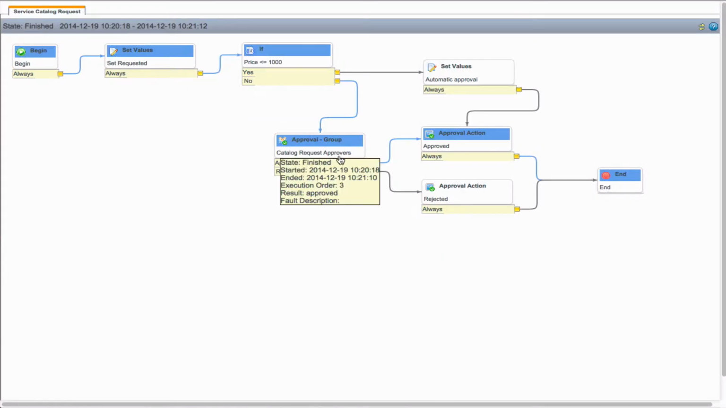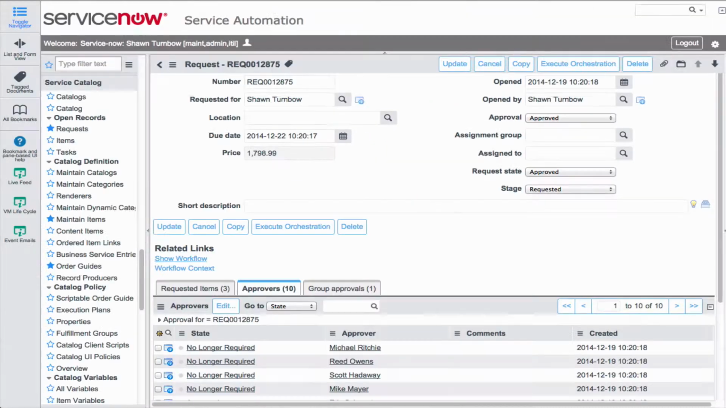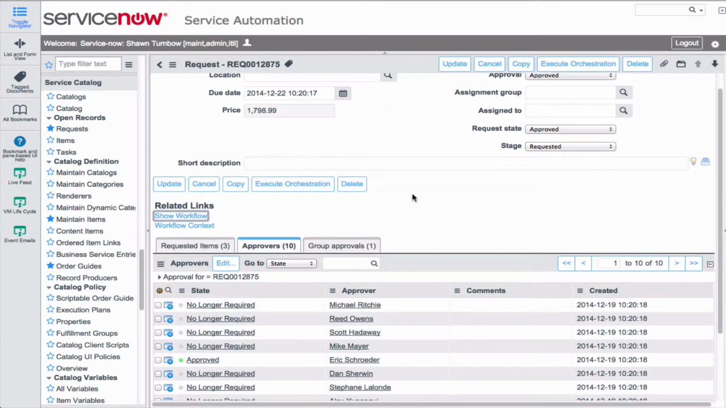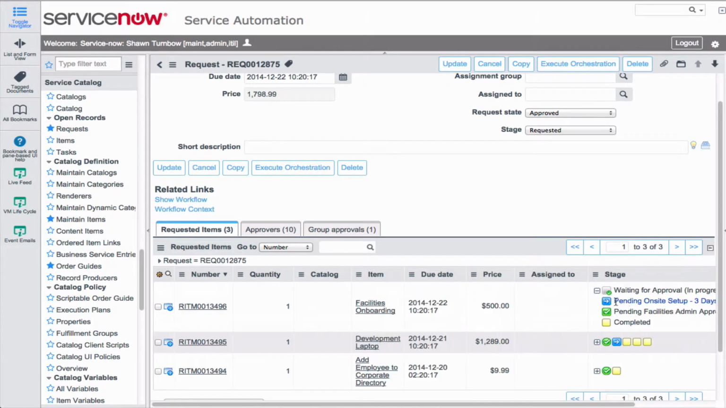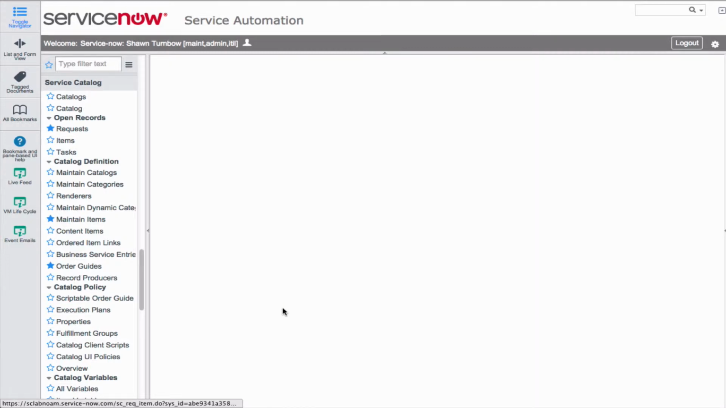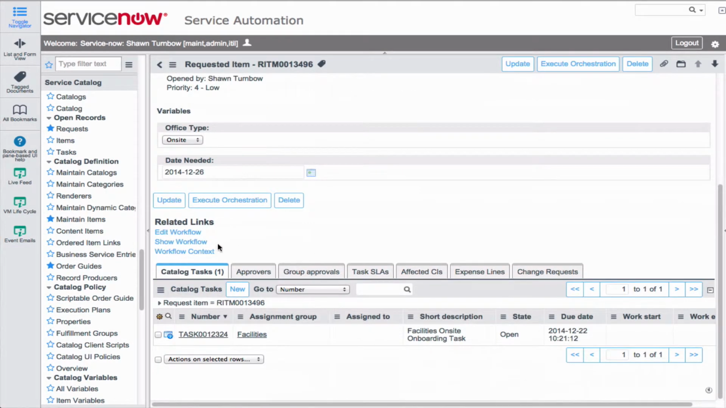Okay, and now if we look at our workflow, we should see that we've gone out of the approval, and we have, and now we've gone to the end. So the request has been approved, which means the requested item processes can now start. So if we look at the facilities onboarding, you can see there's a pending on-site setup. If we go into that item, and we look at the workflow for that item,